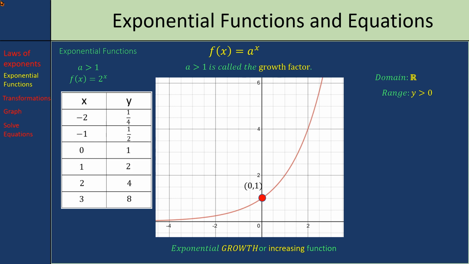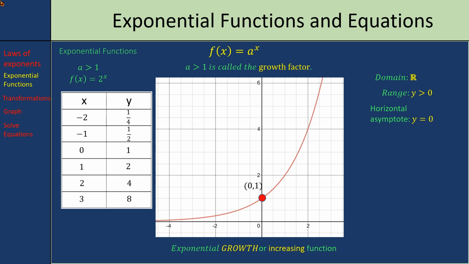For a parent function where we're not shifting it, the asymptote is y equals 0. When the x value gets really far into the negatives, the y value gets closer to 0. So you have your asymptote at y equals 0, and the range is anything above that,